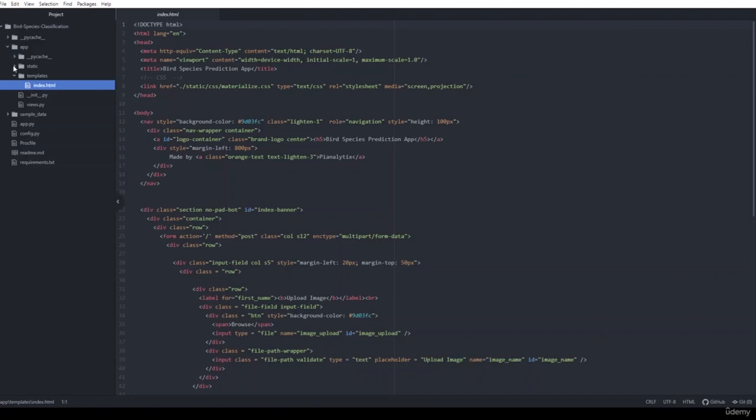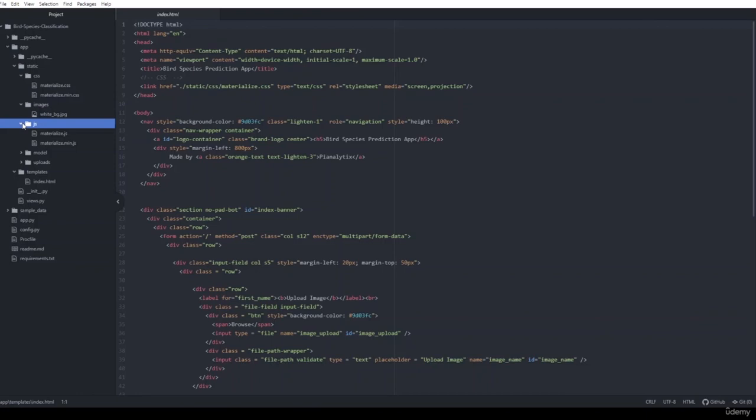So here you can see the static folder. It contains CSS, which is the materialize.css. As I told you, you can study the documentation for materialize.css on the internet. Similarly, there is an images folder which contains the background image for our app, the white background on which our app will run. We are using JavaScript, so we have also included that here, the materialize.js. This model folder contains our model that we have already pre-trained, and the uploads folder will contain the uploaded PNG or JPG files. Now let's get back to the index.html file.